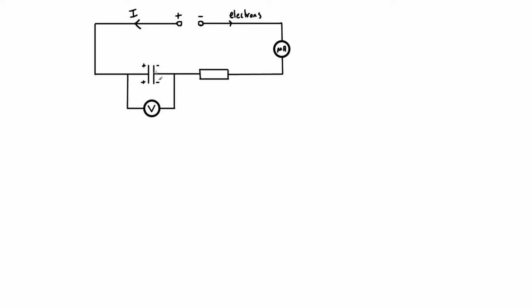negative charge here on this plate of the capacitor, that is going to repel the incoming electrons. It's going to make it harder now to add more charge to this capacitor. Basically, if you like, we've got the electrical push from the power supply pushing the electrons around this way, but now there's an electrical push here from this capacitor pushing the electrons the other way. And so as we continue to acquire negative charge on that plate and positive charge on that one as the capacitor continues to charge, the potential difference across the capacitor is going to continue to rise, and that's going to cause a